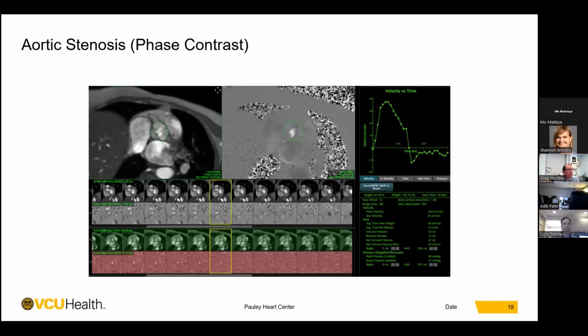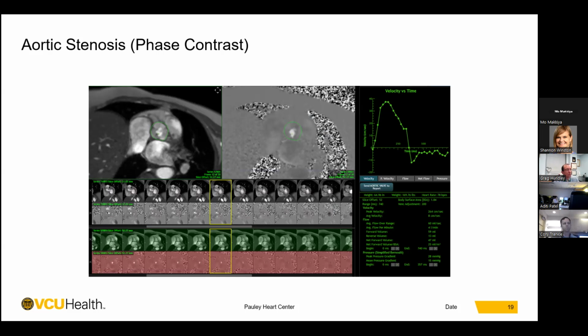So phase contrast, we can evaluate aortic valve stenosis by velocity encoding phase contrast imaging by measuring peak velocity and get the peak gradient by the Bernoulli equation. And since we know the scan time, we can assess mean gradient as well. The MRI has an advantage over echo Doppler for an angulated jet, like I showed earlier, where Doppler underperforms. In MRI, we can easily realign and avoid geometric assumptions,